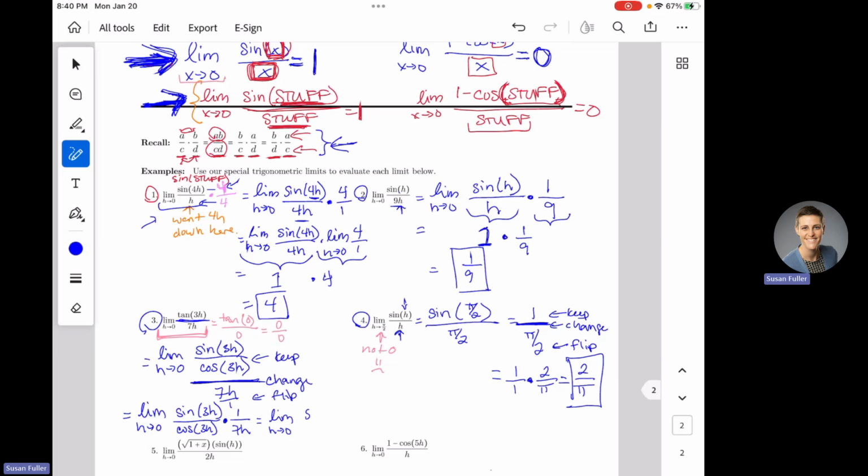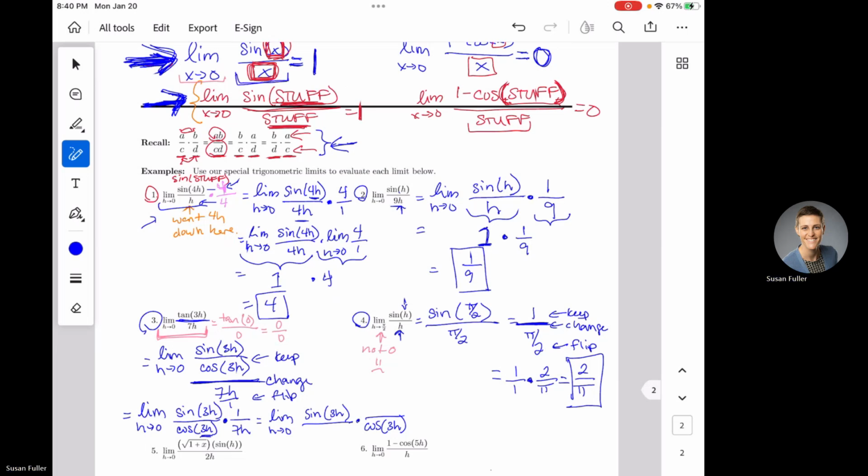So I have the sine of 3h here. And I want a 3h on the bottom, right? Now this 3h is stuck in cosine jail. I can't just pull it out. I can't just move it. It's stuck in cosine jail. I don't want the cosine on the bottom of this. It's freaking me out. So I'm going to put it over here with my extra stuff. This is the cosine of 3h over here. I don't want it with the sine because notice if I'm going to use my gifts, I want this by itself.